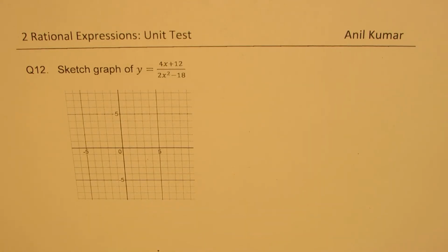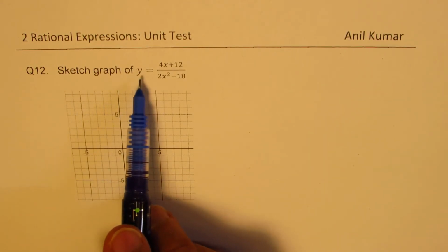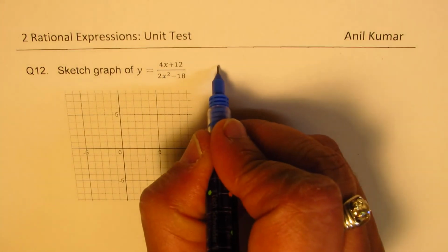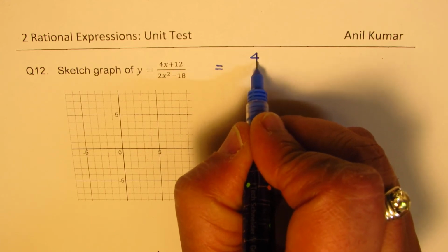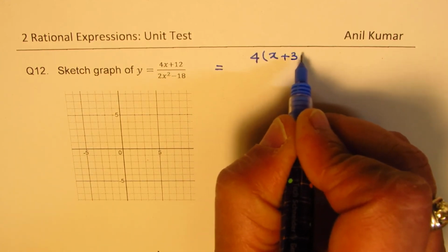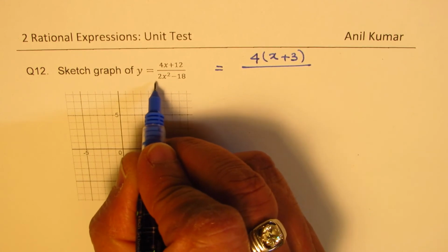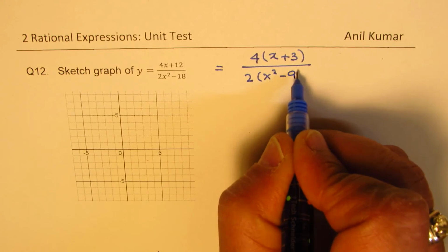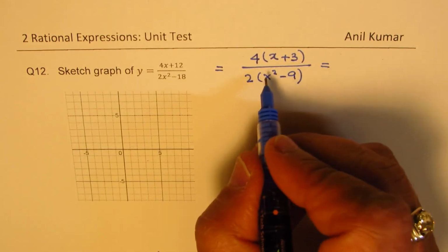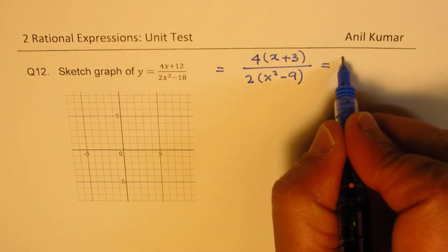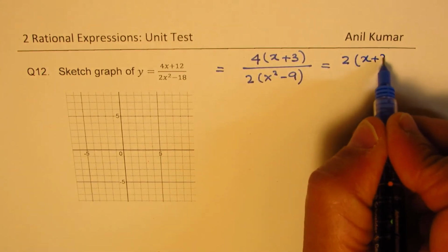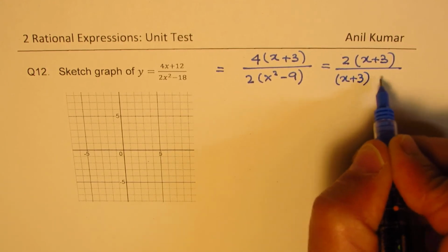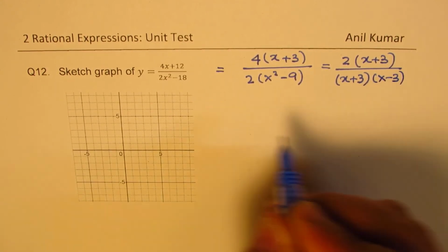Now here is the last question, question number 12. Sketch graph of y equals to 4x plus 12 over 2x square minus 18. So we can simplify this, taking 4 common. We have x plus 3 in the numerator, divided by 2 is common. So we get x square minus 9. Now x square minus 9 can also be factored. 4 divided by 2 is 2. So we get 2 times x plus 3 over x plus 3 times x minus 3,